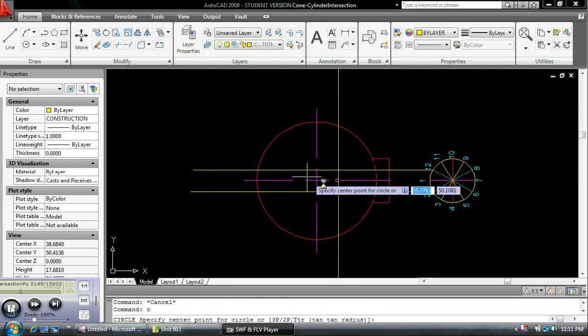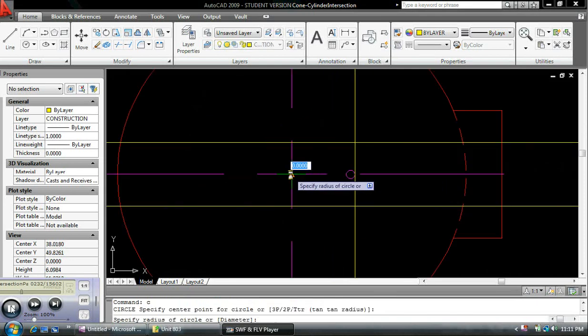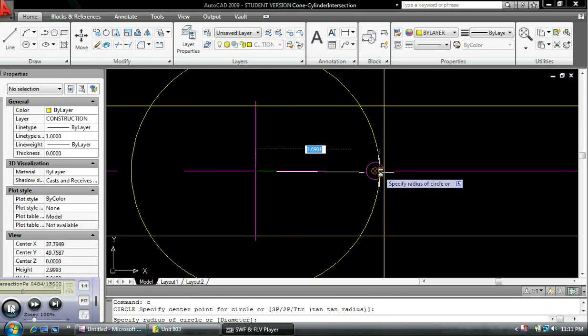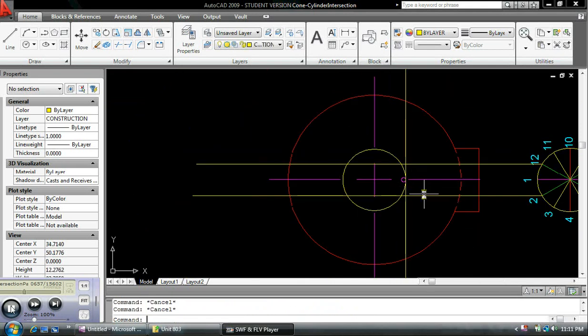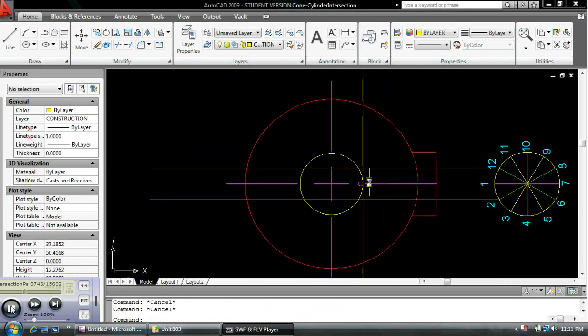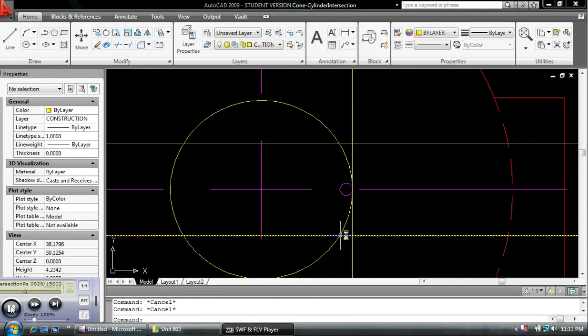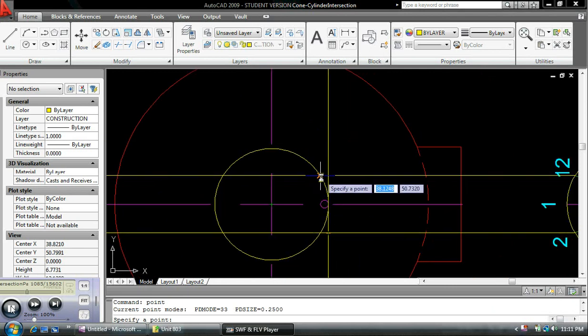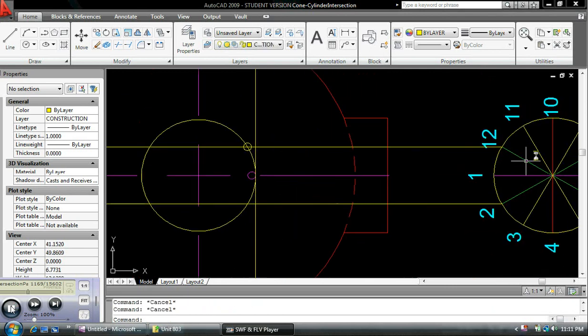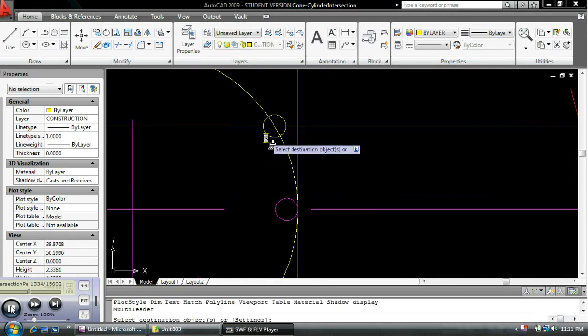Now from the center point of the cone, I want to make the vertical line running through the screen here, tangent to a circle from the center point of the cone. Alright, now that I've done that, I've created two new intersection points here and here. So again, I'll place points at both of those intersections, and in this case we're working with green, so I'll make my points green,